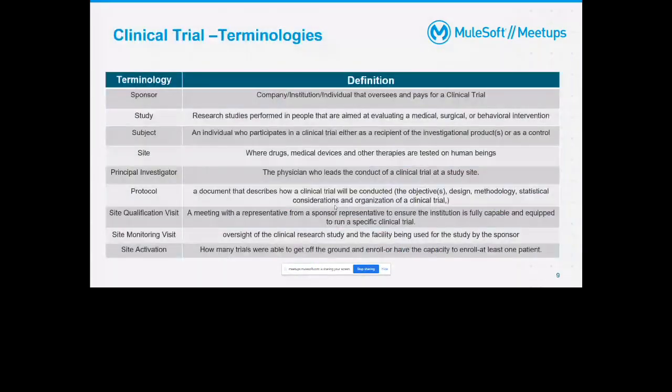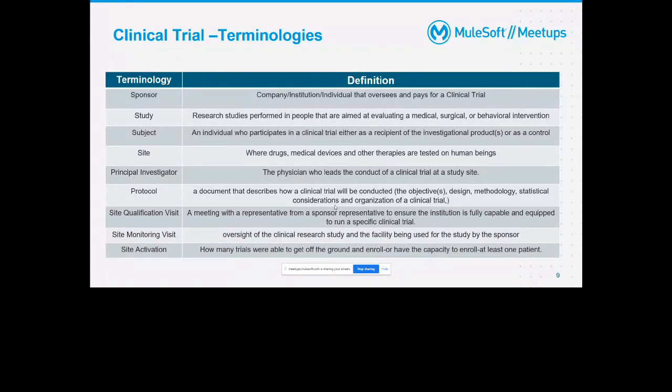Okay. So before moving further, these are a few clinical trial terminologies, because we are going to use them frequently in our subsequent discussion. Sponsor means someone who is sponsoring the entire trial, so they actually pay for this trial.